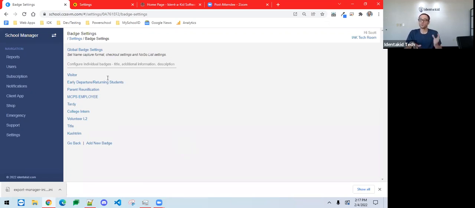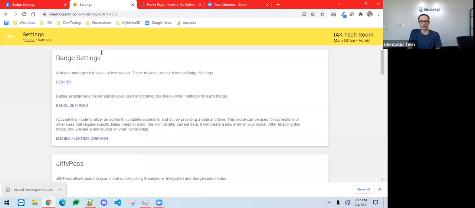And so that's the school manager portion of it. That's not going to affect any of the other check-in stations. It handles the badges and the labels and things, but your check-in devices, it doesn't handle any of that. So if you wanted to clone your stations, we actually have a way to share the settings there as well. So let's go ahead and switch over to the web client here,